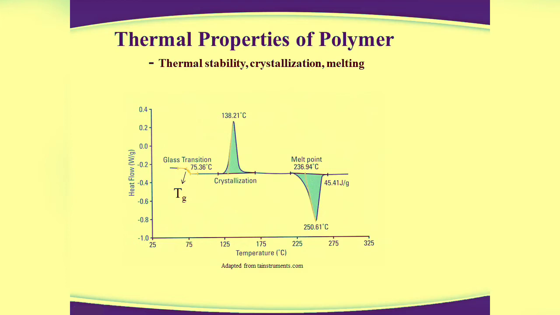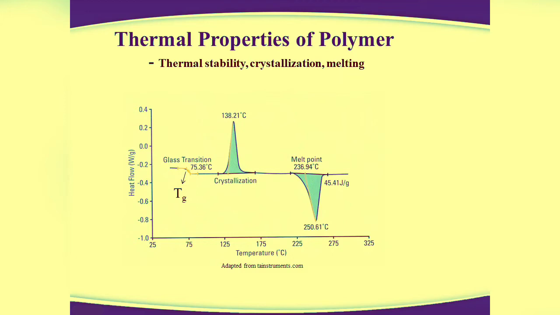Because below Tg, polymers have only vibrational motion. As a result, when we try to bend or deform them, we have to break all the chains. Above Tg, polymeric material gains segmental mobility, which means a small segment of the chain can bend or rotate. So polymer can be bent or deformed above Tg.